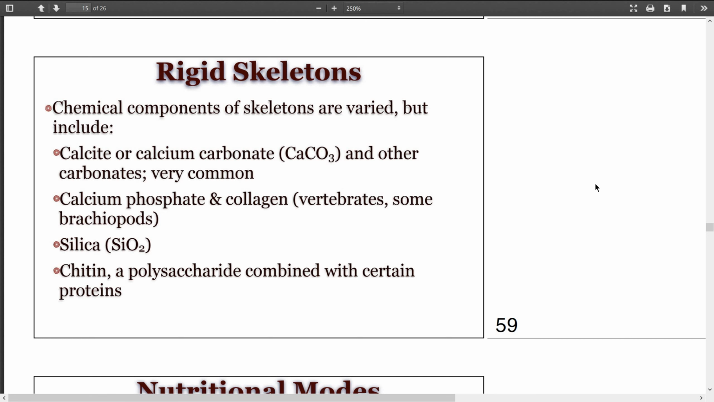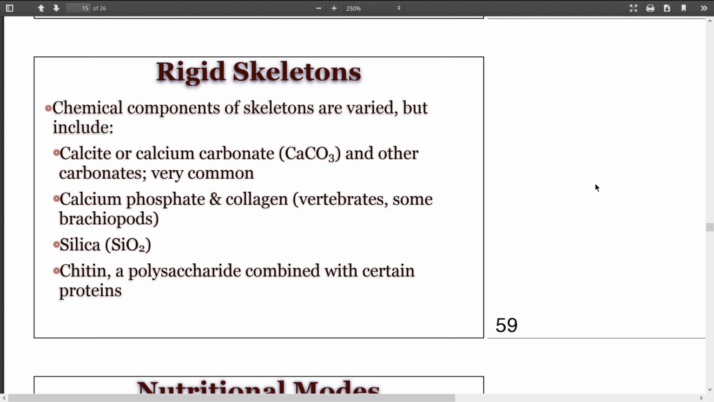And then a third type is a strictly organic skeleton, which is a material called chitin. And this is a word that you need to make sure to spell correctly. C-H-I-T-I-N. The reason spelling counts here is because there's a set of creatures called chitons, C-H-I-T-O-N, which are a kind of mollusk, which we'll learn about later, but they're very different. So chitin